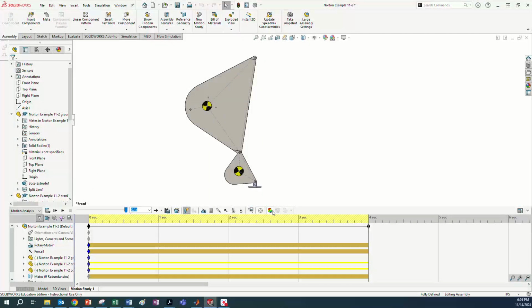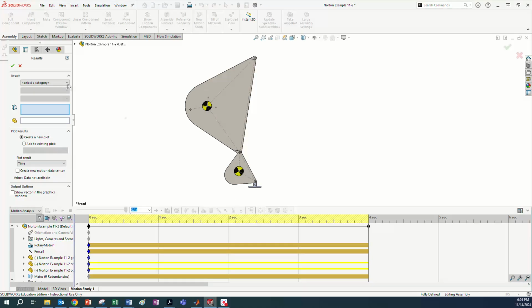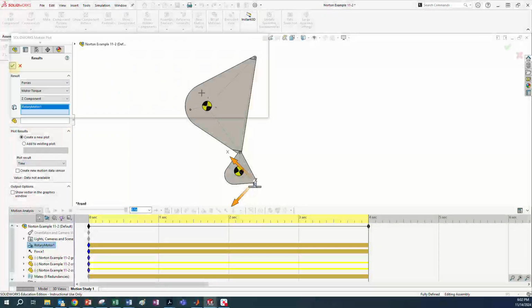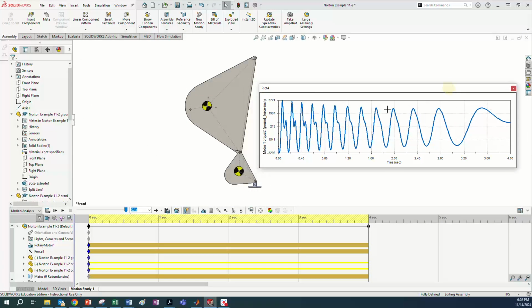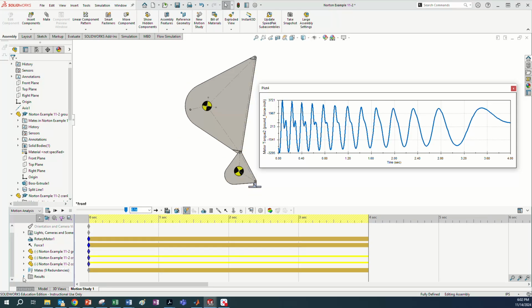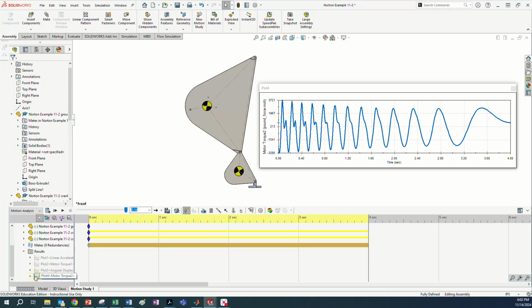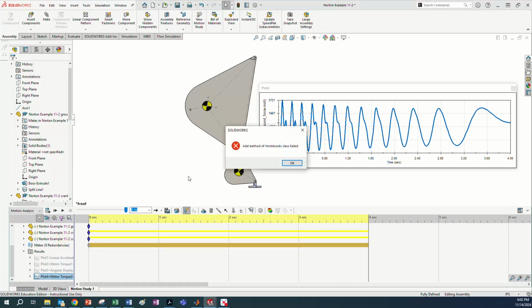And as I pointed out in the previous video, I took the forces here and I put the motor torque and I did about the Z component, and then I went down here and I picked the motor. And when I did that, boom, it gives me this nice little graph. And if I go to that graph on down to here and go export to spreadsheet, it gives me a